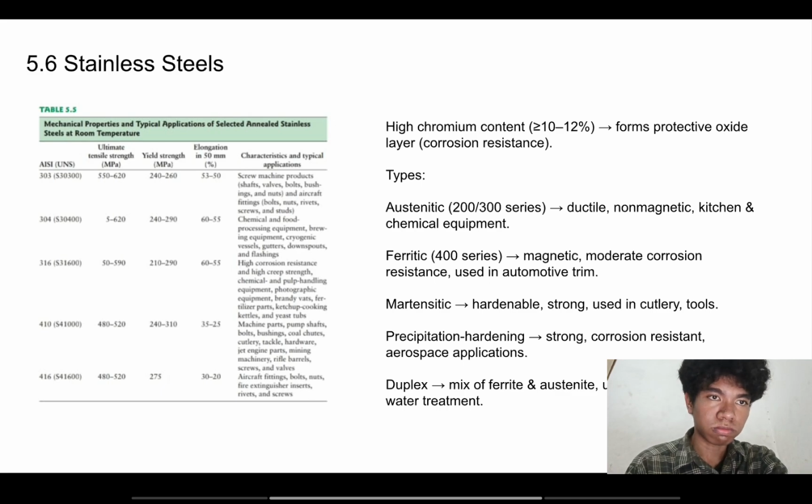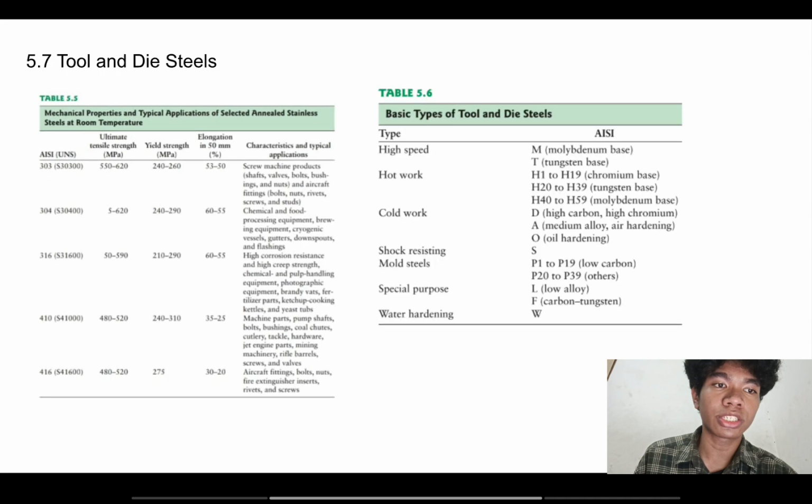So there are a lot of advantages such as austenitic for ductile, non-magnetic, kitchen and chemical equipment, ferritic for magnetic, moderate corrosion resistant used in automotive trim, martensitic for hardenable, strong and used in cutlery tools, precipitation hardening, strong corrosion resistant and aerospace application, duplex for a mix of ferrite and austenite, used in heat exchangers, water treatment, and